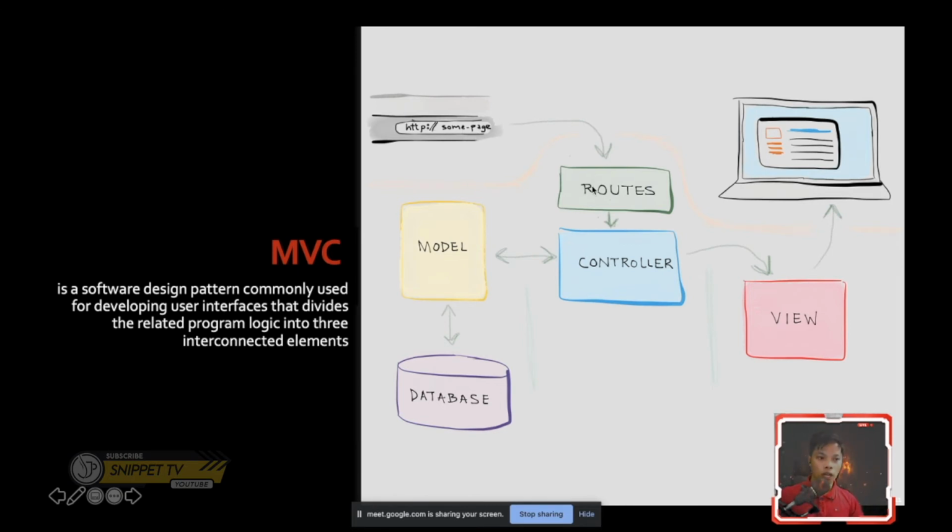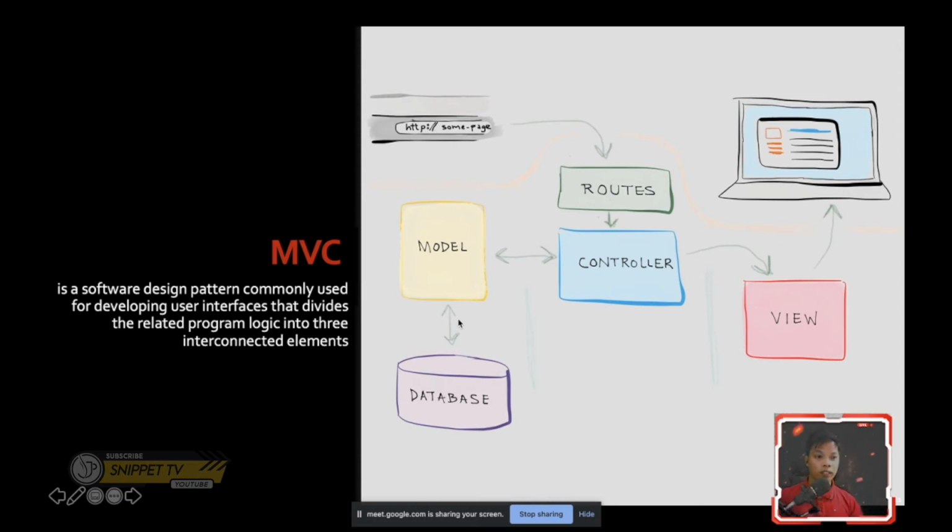Specifically, kakausapin niya ngayon yung routes, kasi we will be talking about routes later on. And then, after routes, makikipag-communicate siya dun sa controller. So, bakit merong ganito? Bakit may arrowhead pabalik at saka yung back and forth? Actually, pwede kang hindi gumamit ng model at tumiretso ka na agad sa view. Gagamit ka lang kasi ng model kapag meron kang i-retrieve or i-save na record